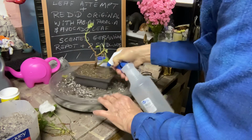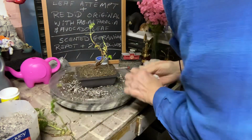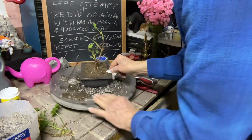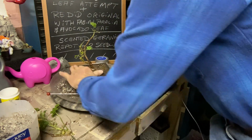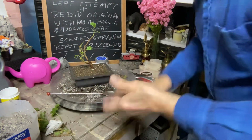Get it good and wet, and then wipe the pot. Now you can say, it looks plain and ordinary. Well, that's your pot. But if you want,